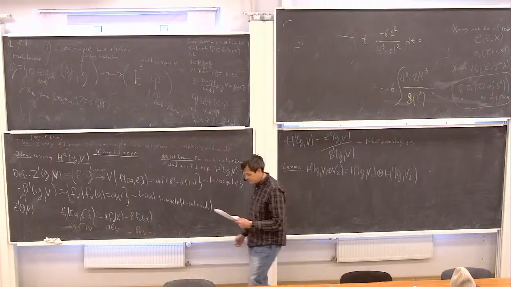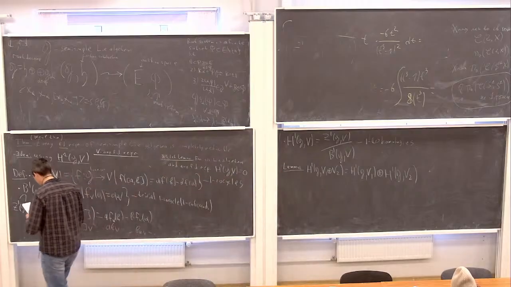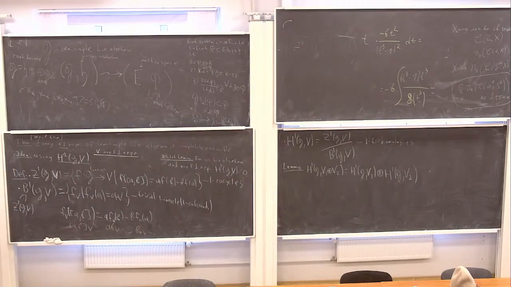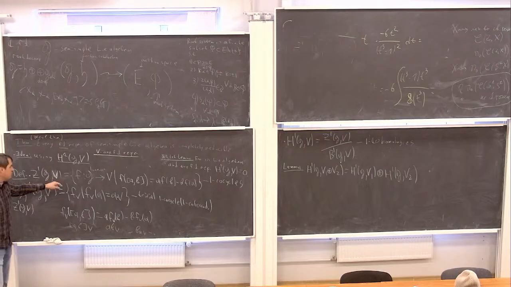Is it obvious? It's enough to prove that this is a direct sum and this is a direct sum, right? Is it true that for one cocycles, if you have a direct sum of two representations, then